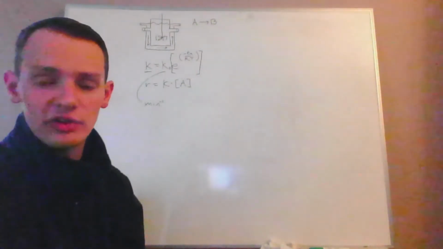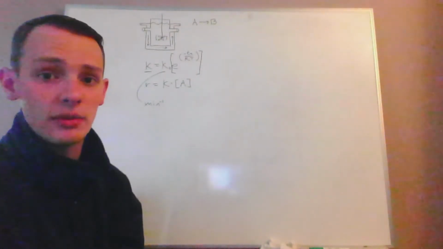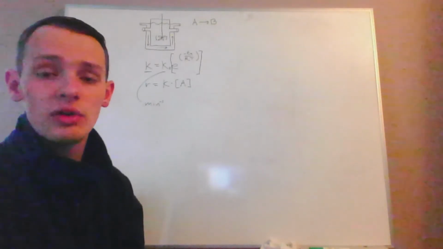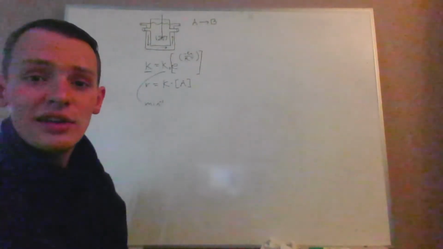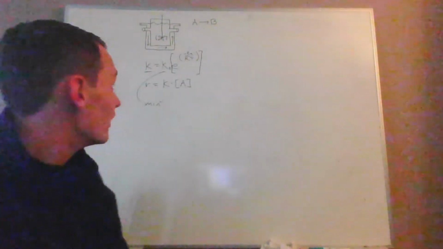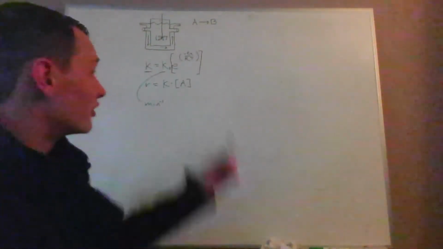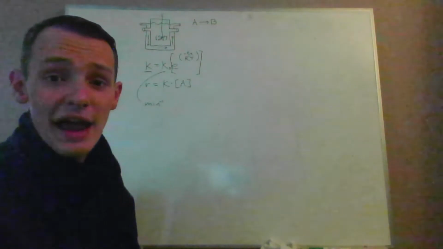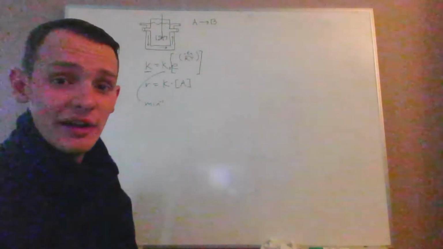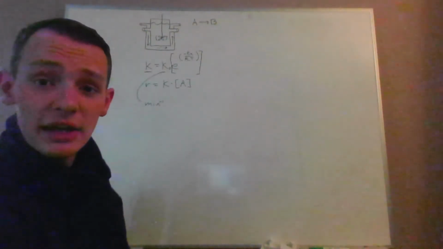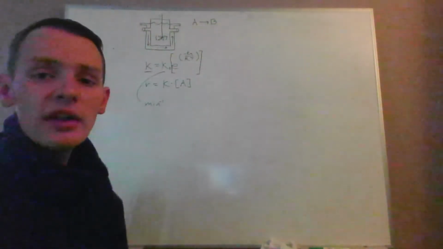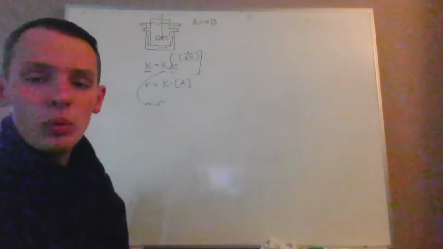What that means for us is that at very, very high temperatures, every single collision is going to cause a reaction, because they're going to be happening at very high energies, and they're certainly going to overcome that activation energy threshold in order to be changed into product B in this case. Now, why does that make sense? Well, what is